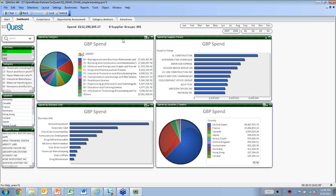There is a question here about the way that the normalization works. So we have several same vendor names like Office Max with space, Office Max-Atlanta. Does this product provide the ability to normalize that? Absolutely. So as part of our core deployment, the second step in the process that we follow after loading and